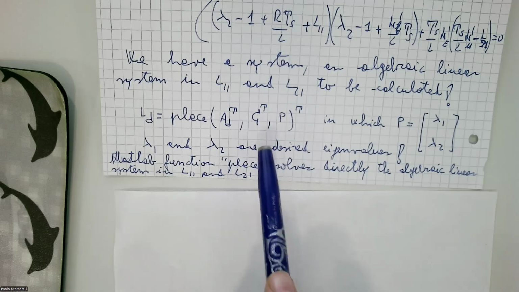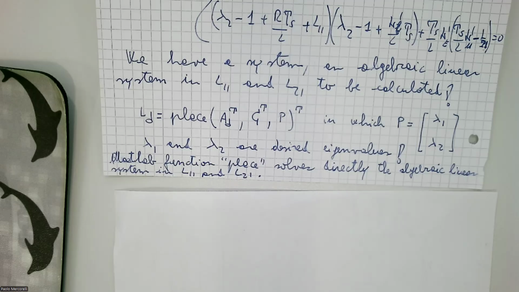What really changes here is this C instead of B. Why is it transposed? It's transposed for technical reasons, because